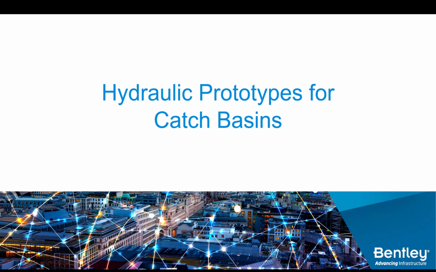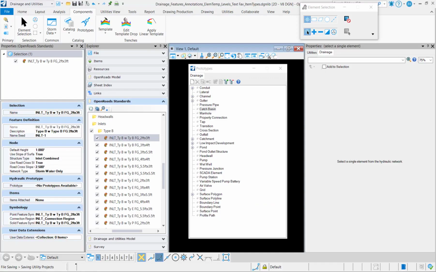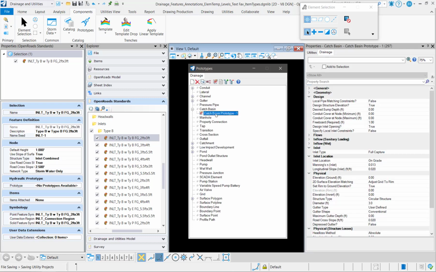In this video, I'm going to begin configuring the hydraulic prototypes for catch basins. So I'm inside of my drainage DG and lib, and I've opened up the prototypes dialog, and I'm going to start creating new prototypes. I'm going to create one for each one of my different types of inlets. So I'll go ahead and rename my first one, and then I'll come over here and start filling out my